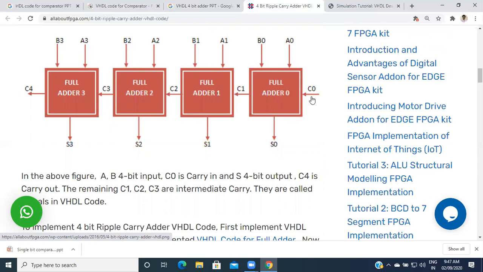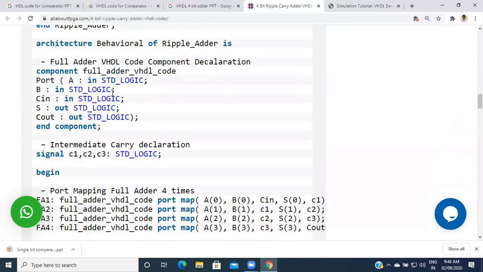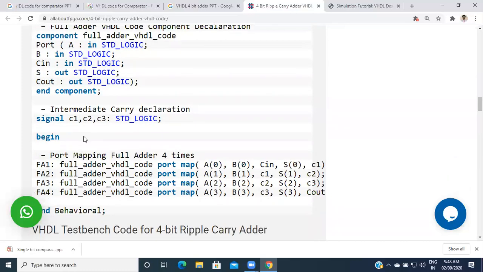These carries we are calling C1, C2, C3. These are the intermediate carry signals, declared as std_logic, which are in the middle part: between full adder 1 and full adder 2, then full adder 2 and full adder 3, and full adder 3 and full adder 4.